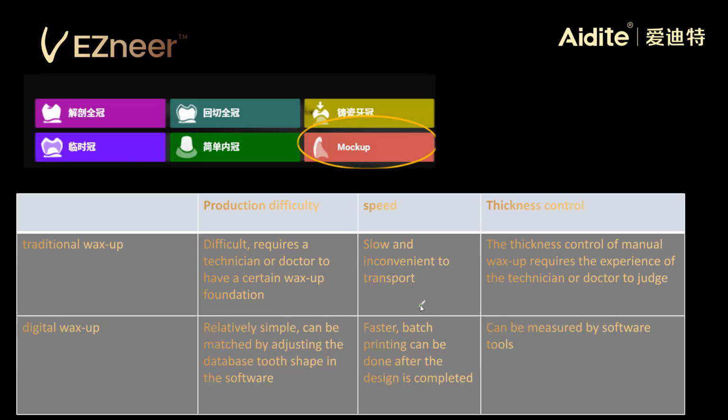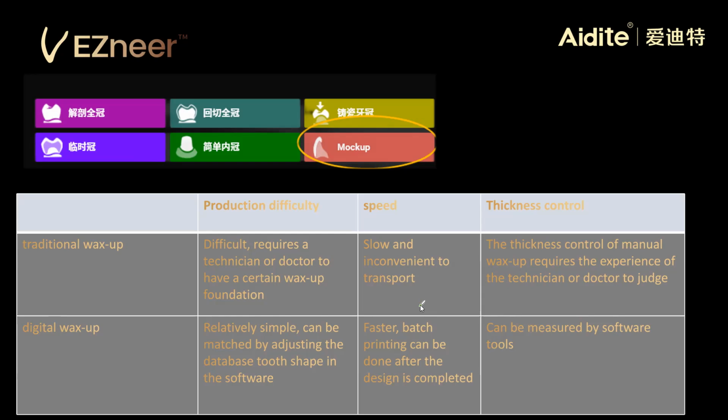the traditional workshop is a little bit difficult, and it requires technicians or doctors to have more experience using the hand to make the workshops. But digital workshops are simpler because we can use the database tools in the software. So we can just choose from the database and then change a little bit. It's quicker. And from the speed, the traditional workshop is a little bit slow,